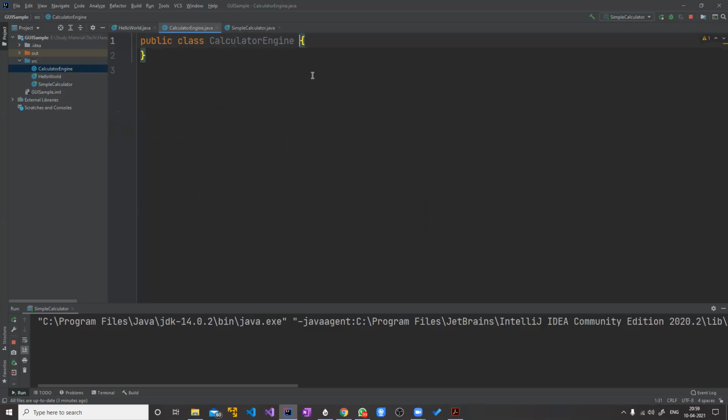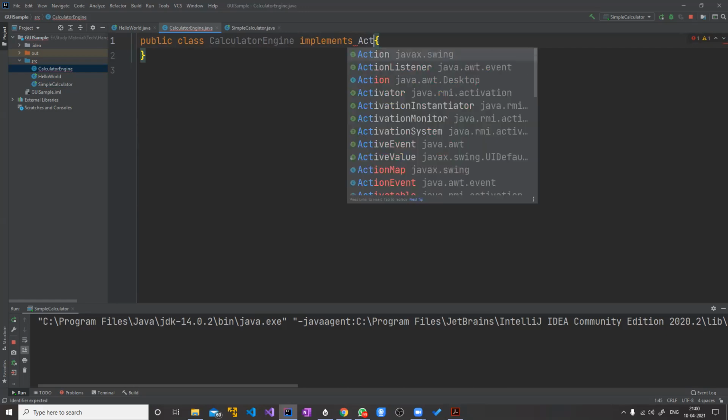But we want it to listen to the events. So that's why I will use the term implements. I will explain what implements is later. As I told in the beginning, we will do a session on interface later. For the time being, this is sufficient. We will first use implements, and then I'll explain later what it is. You can say that it is similar to extend, not exactly the same. And here I'll extend it from a class called action listener.